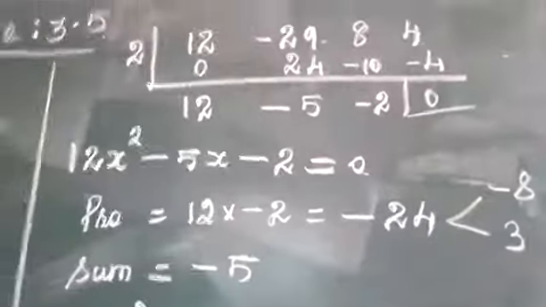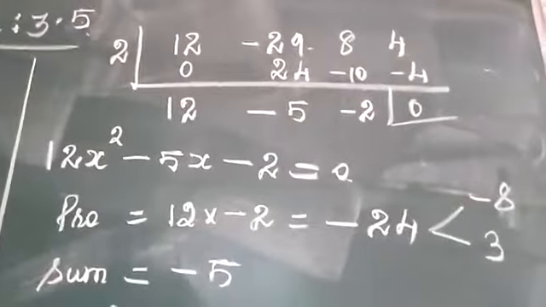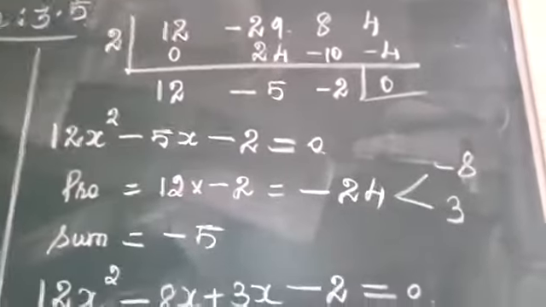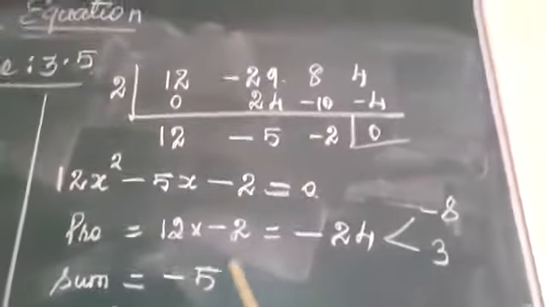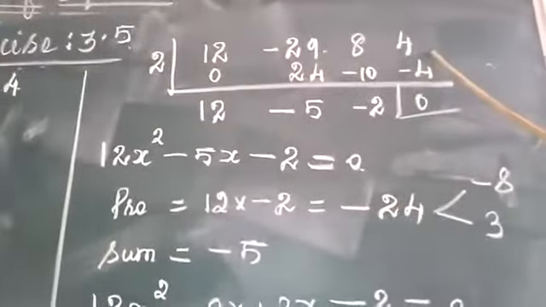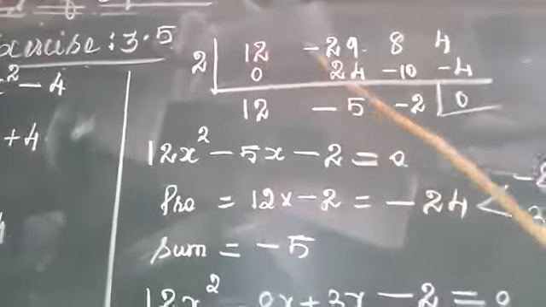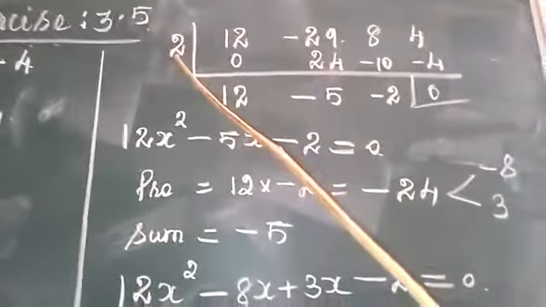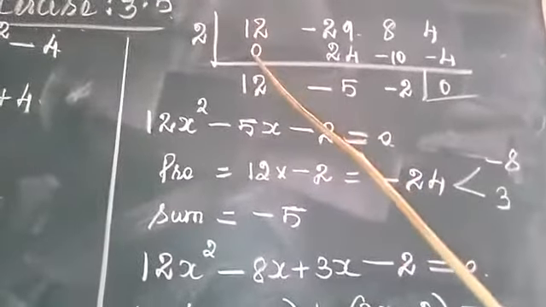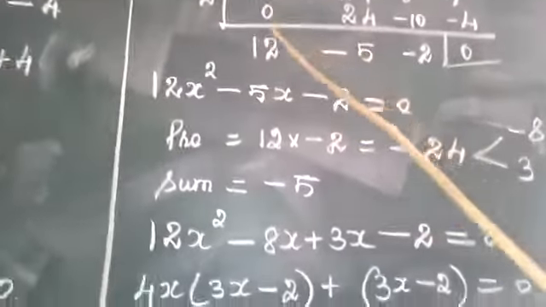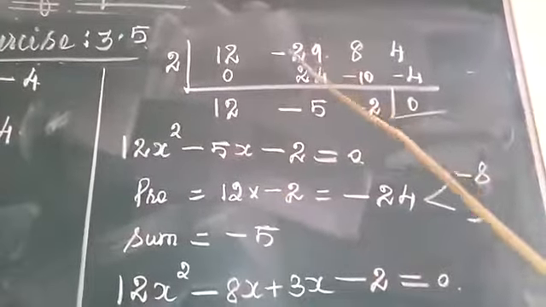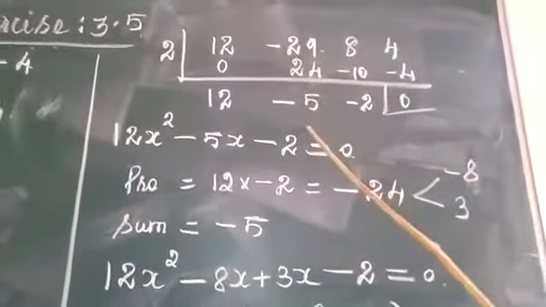Now, in order to find the remaining roots, since we found only one root, that is 2, one of the roots of this p of x, we are going to use synthetic division. These are all the coefficients of the given equation, and we are going to divide these coefficients by the root we found, which was 2. First thing here we have to put 0. If you add these two, 12 plus 0 is 12. Next you have to multiply 2 into 12 is 24. Minus 29 plus 24, the value is minus 5.